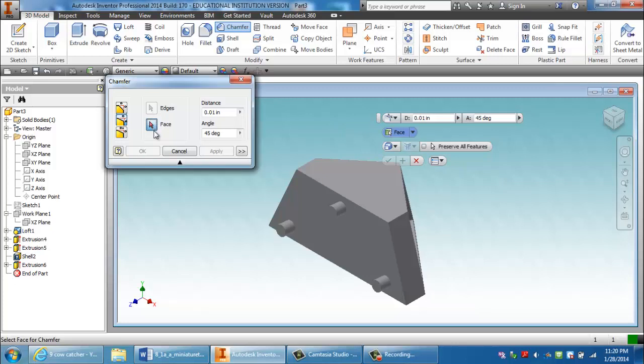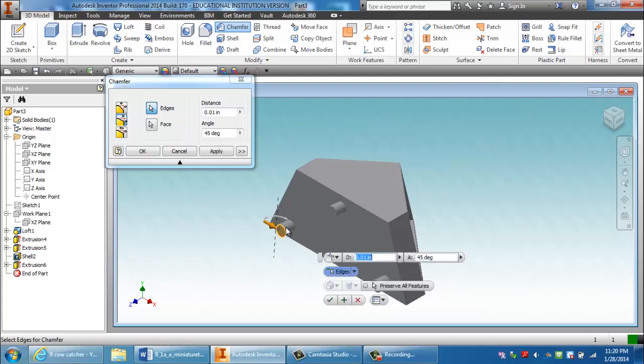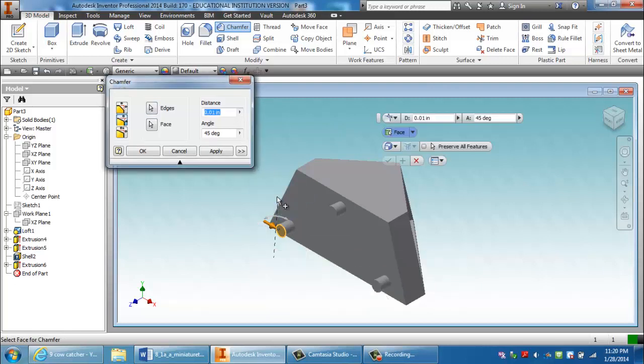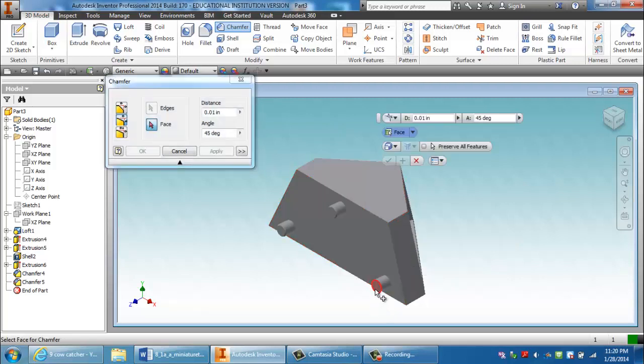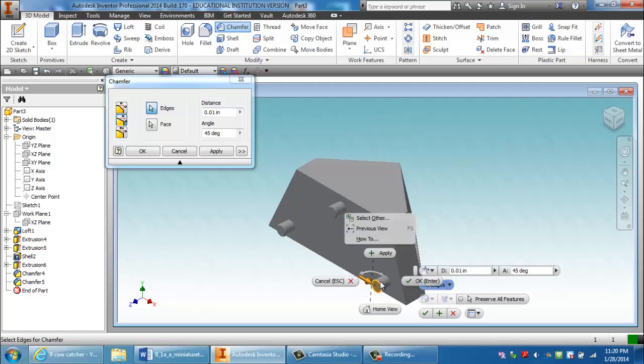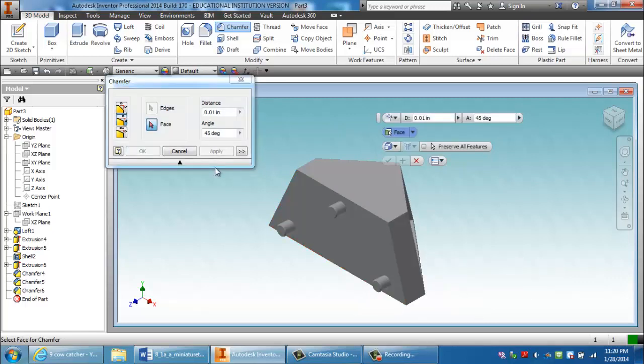So with that face, maybe this face, that edge, just click on that side. You will right click and hit apply. Repeat the same process on the next one. It's asking for the face, asking for the edge. Right click, apply. This is the face and the edge. Right click, apply.